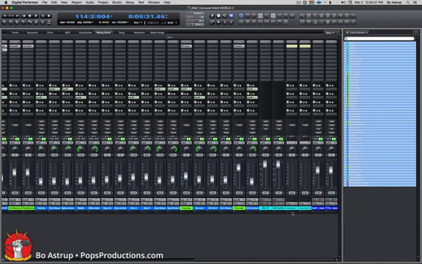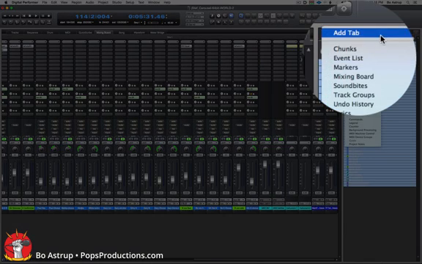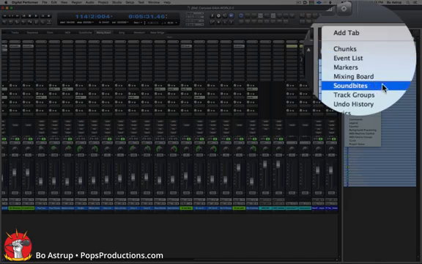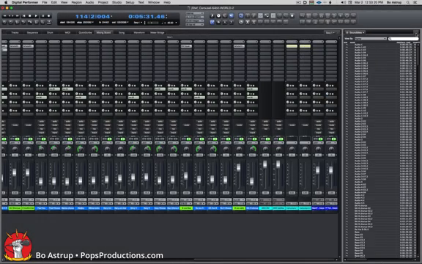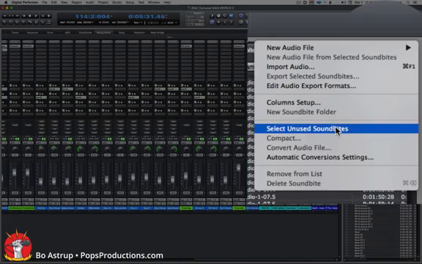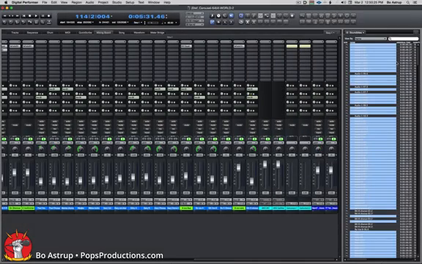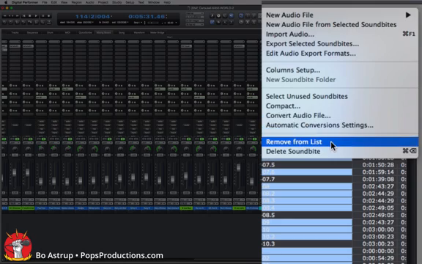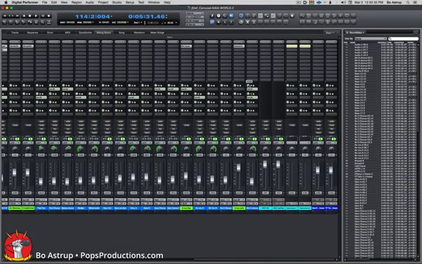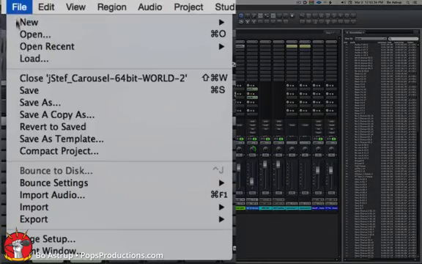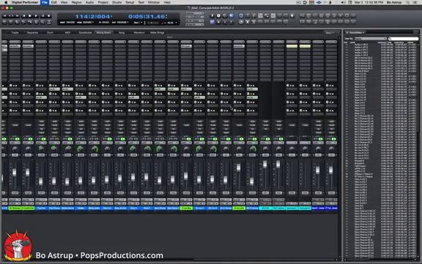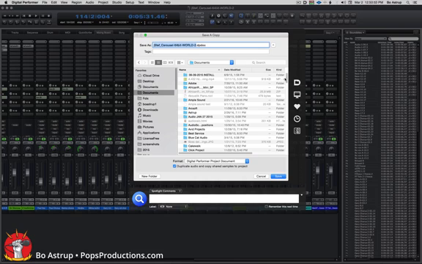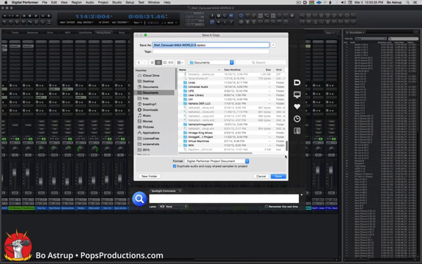I can leave the channels in here. That's okay. I can always move them later if I want to. Now I'll go back to the track selector window here. Change this to sound bites. Go to the mini menu over here, select the unused sound bites, and again mini menu here, and remove from list. Once that's done, we'll go and save a copy as, and let's go find a place to save this